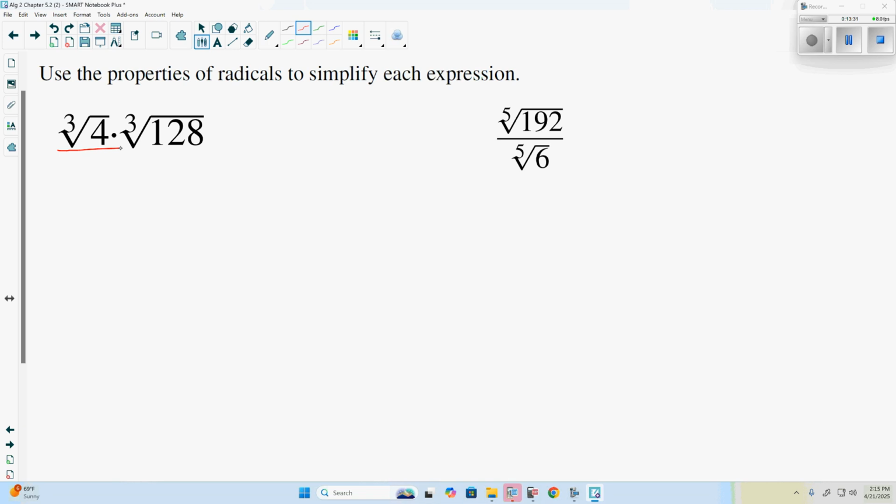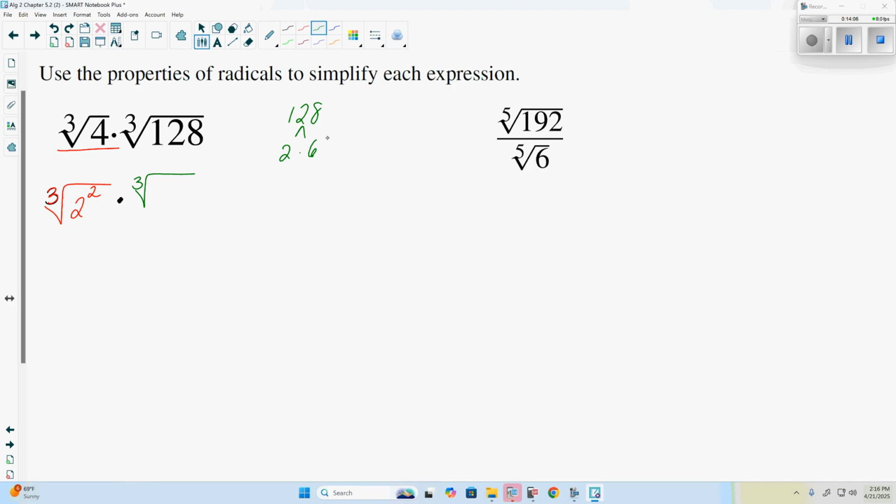Let's look at these next two. The cubed root of 4 times cubed root of 128. Unfortunately, we can't take the cubed root of 4. Well, 4 is 2 squared. I think we're comfortable saying that and not doing the factor tree to show that 4 is indeed 2 times 2. We feel comfortable there. 128